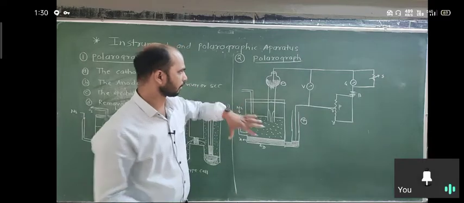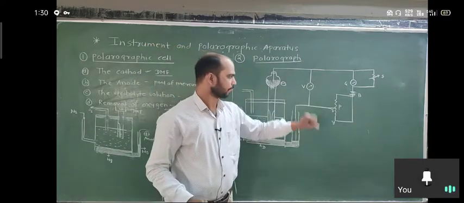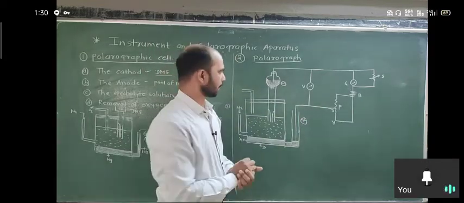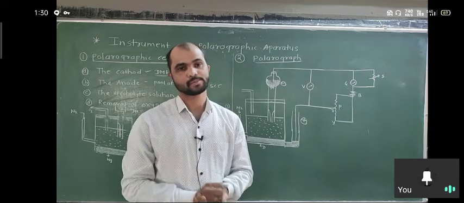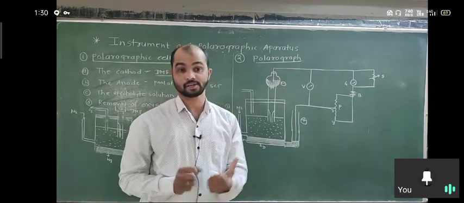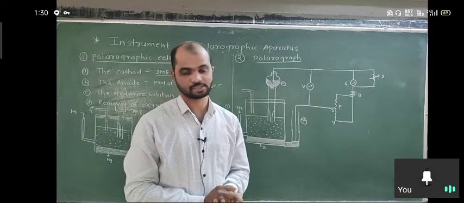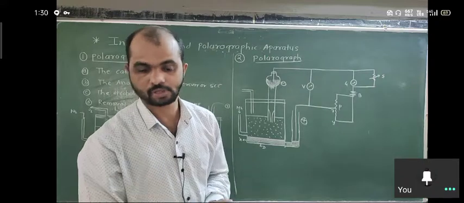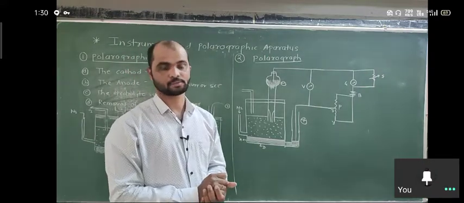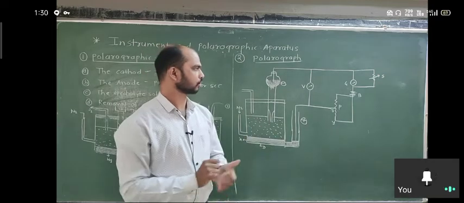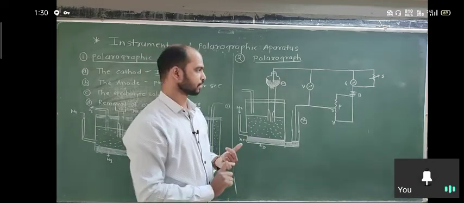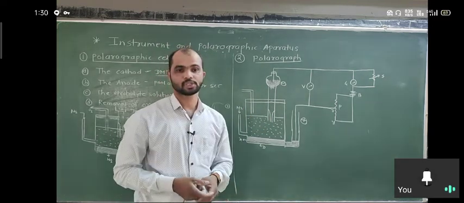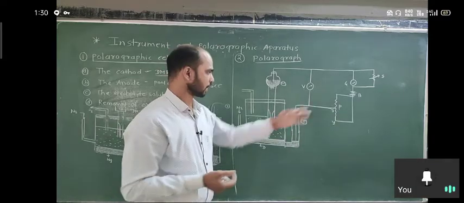So what remains in the polarograph? There is a galvanometer, battery, shunt and potentiometer. So what is a battery? A suitable battery is required, with suitable current, to provide current to the instrument. The battery used supplies up to 3 volts, so 3 volt is the maximum capacity. Second, the potentiometer is used to apply up to 3 volt potential. That's why I use the potentiometer.